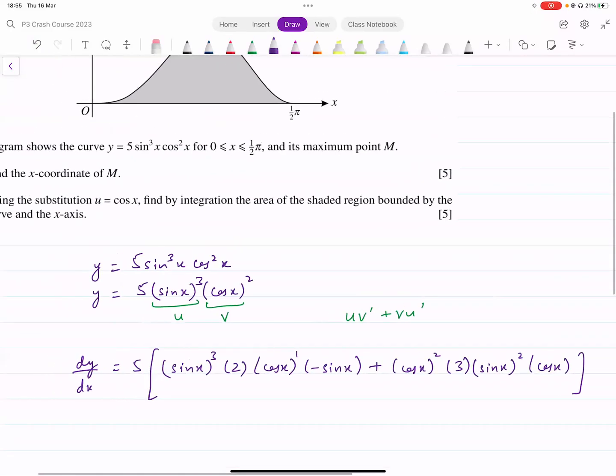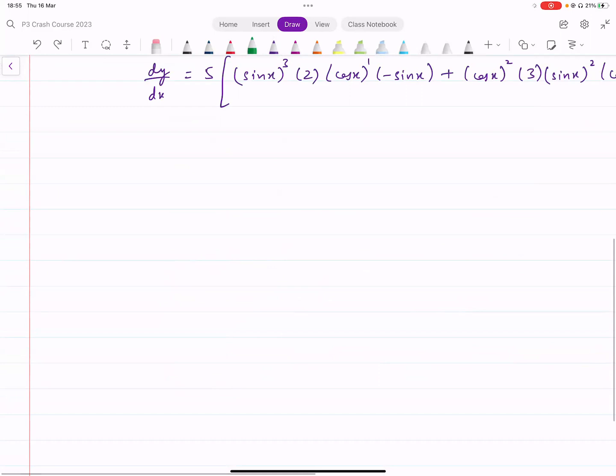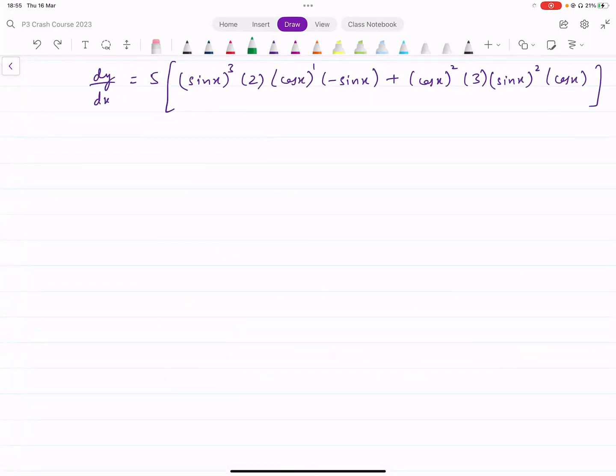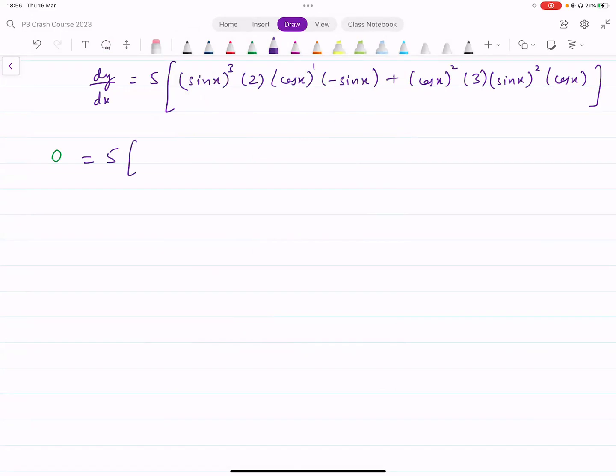Now, since we are looking for the turning point, we can just put this equal to 0 at the turning point. At the maximum point, the derivative would be equal to 0. So we put this whole thing equal to 0. On the other side, you have 5 into... let's simplify this whole thing. 5 into minus 2. Minus is coming from here. Then you have this 2. Then sine x whole cube and sine x here. That is going to become sine raised to power 4 x into cos x